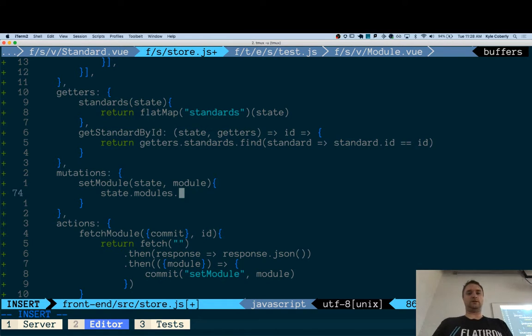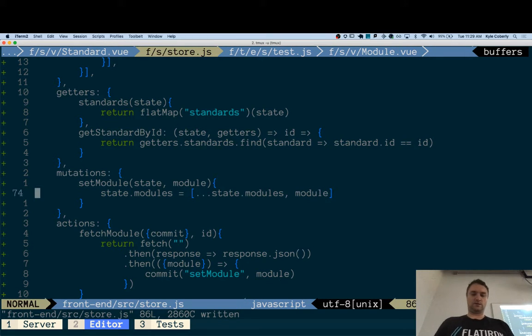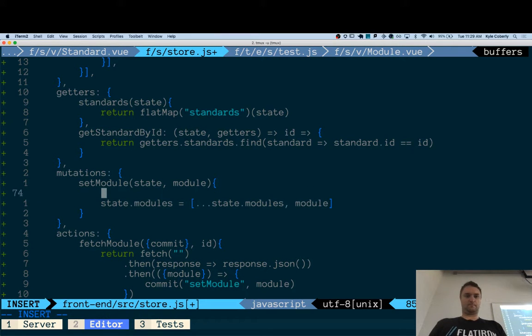Let's do it like this. state.modules is state.modules. Okay, so that's our add. I'll bet we can just do a test for the module ID. So if we say like